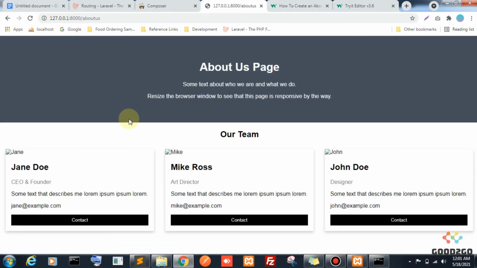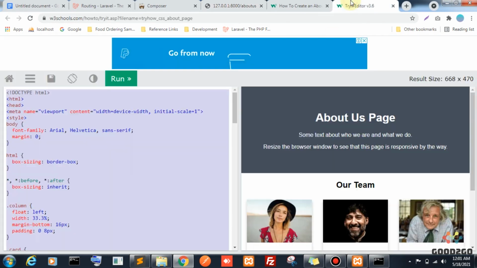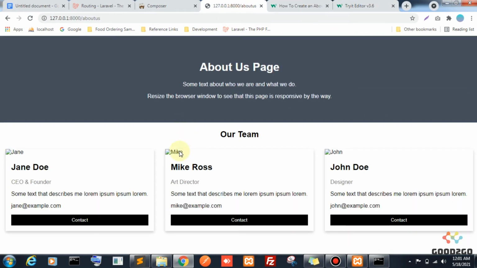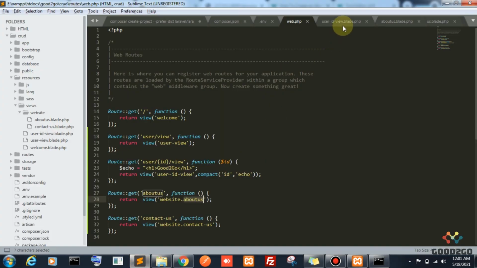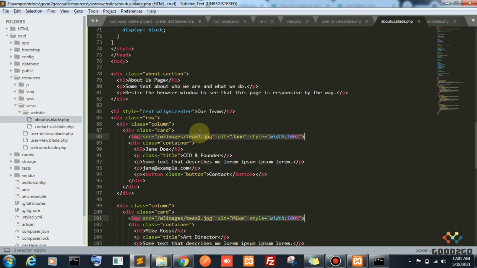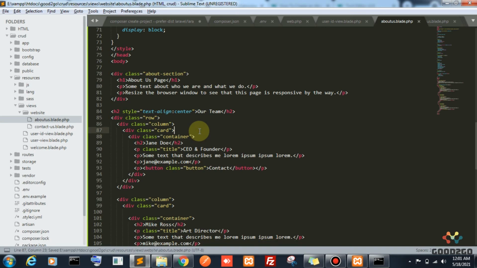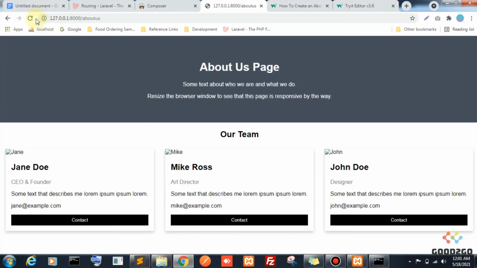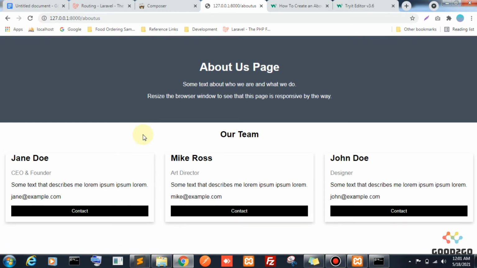Wow, see the about us page is running now. Why are the images not available here? Maybe live URLs are not working, see they gave a w3 image like this. Because of this, let's remove the image. Let's keep our website clean. I am removing this image tag. Yeah, have a good about us page.